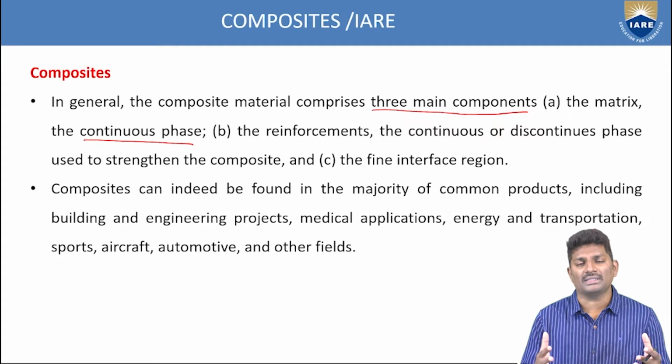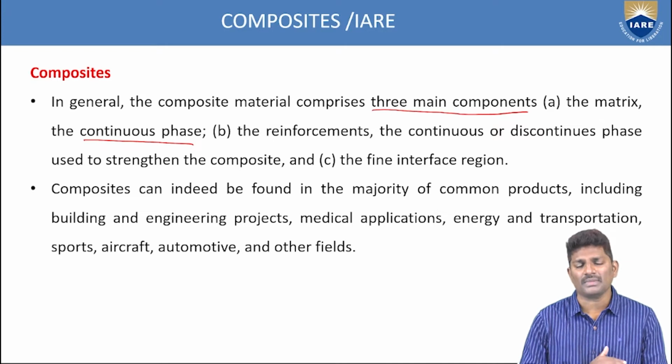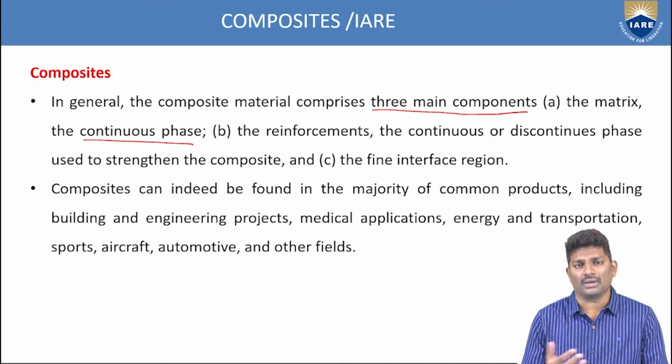For these techniques, you have different hot processing or cold working processes for the reinforcement. So what type of reinforcement you are giving is also one of the important components in the composite material. That is the second one. And the third one is the interface region: how the interface is incorporated between the materials. That is another component, of the three main components involved in composite materials.